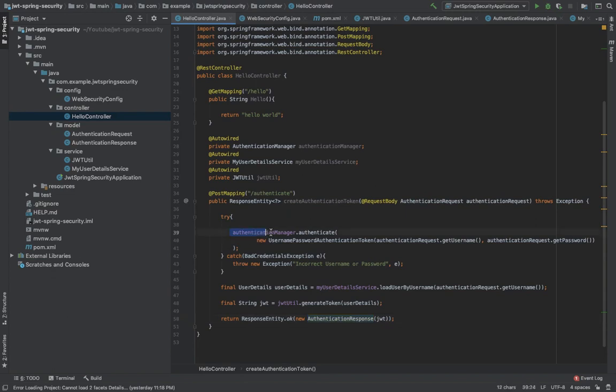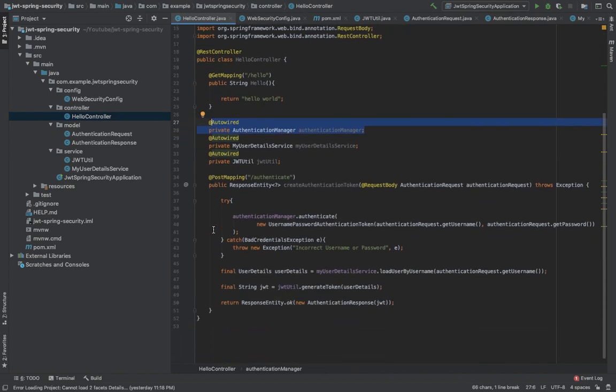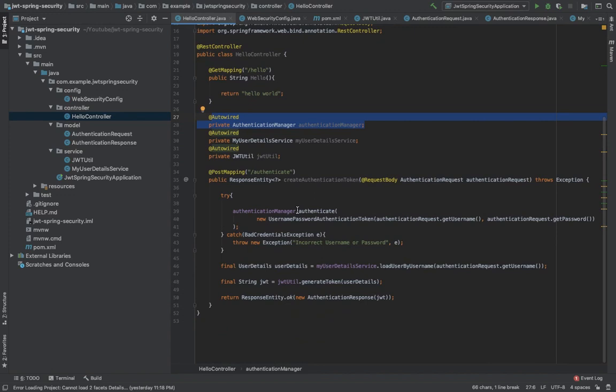Now we need the authentication manager to authenticate the request. For that we have to auto-wire an instance of authentication manager. Then I am going to use this instance to authenticate the token which we are creating out of the username and password from the authentication request.